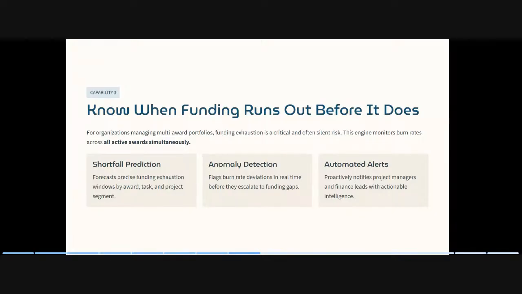those companies who are managing grants and multi-award portfolios, funding exhaustion can become a major risk, as I just explained. So this engine monitors burn rates across projects in real time. It predicts funding shortfalls, detects any anomalies. For example, you're spending outside of the compliance, and proactively alerts finance teams, like we have seen in the previous